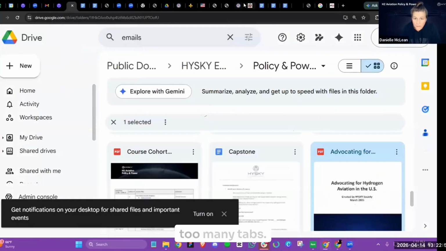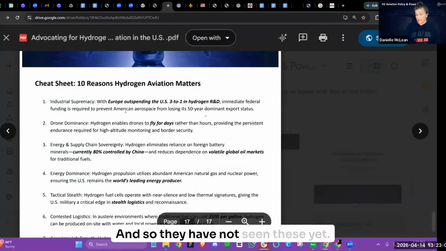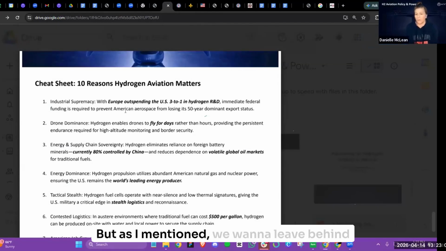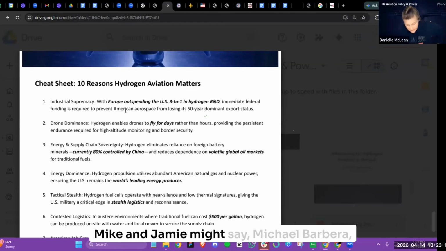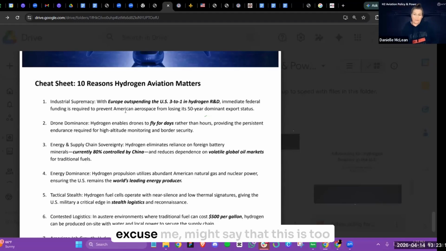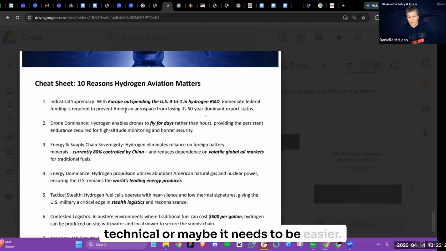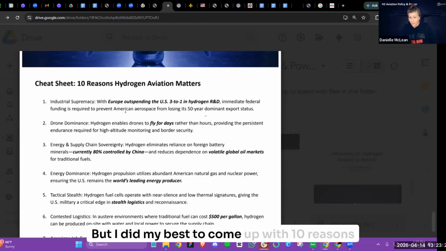And gosh, I had too many tabs. So they have not seen these yet. But as I mentioned, we want to leave behind a sort of cheat sheet that they can share with people if they decide to support it. Mike and Michael Barbera might say that this is too technical, or maybe it needs to be easier. But I did my best to come up with 10 reasons why I think hydrogen aviation matters for members of